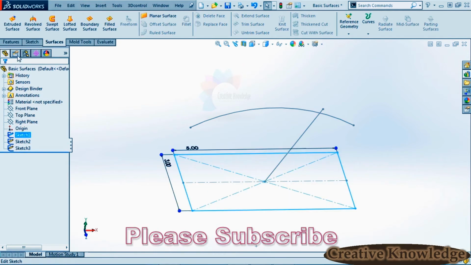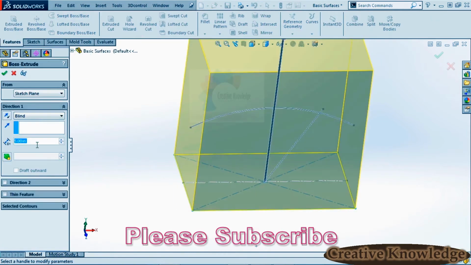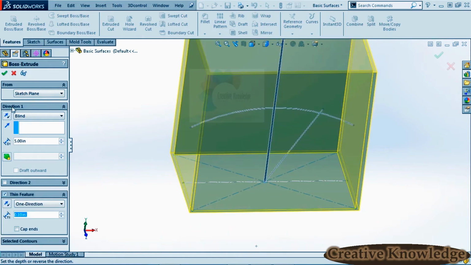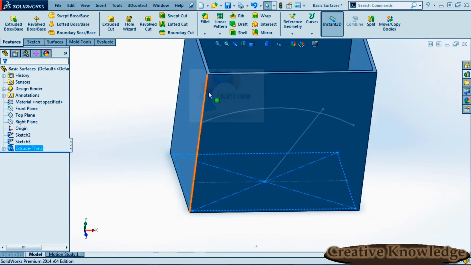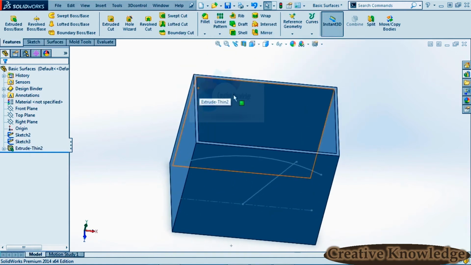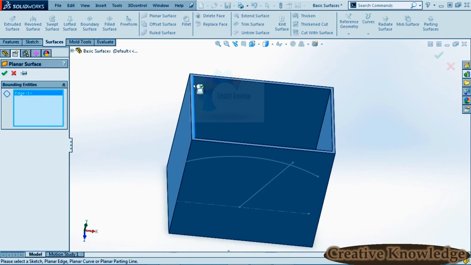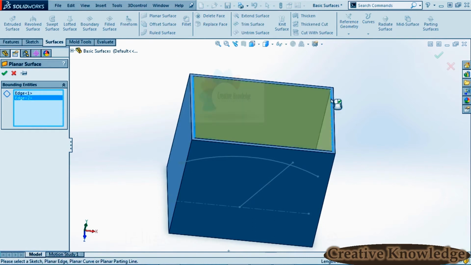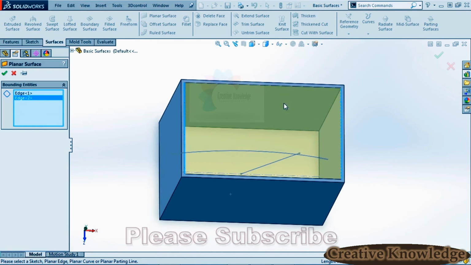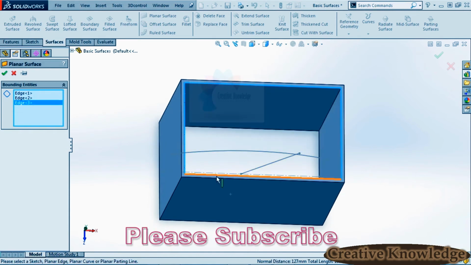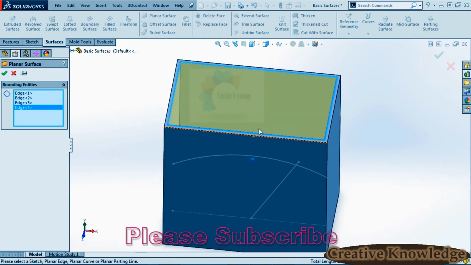If instead we take that same sketch and we do, let's say, a thin wall extrude. This is the same as creating a solid extrude, maybe with a shell operation. Let's say we wanted to fill this top section in. We could use planar surface in this case by selecting the two open ends. Now, if for some reason these ends were not perpendicular, you can select all four corners of that open boundary